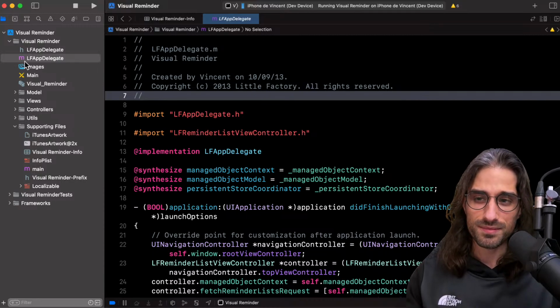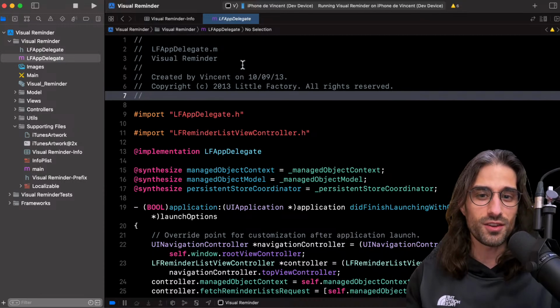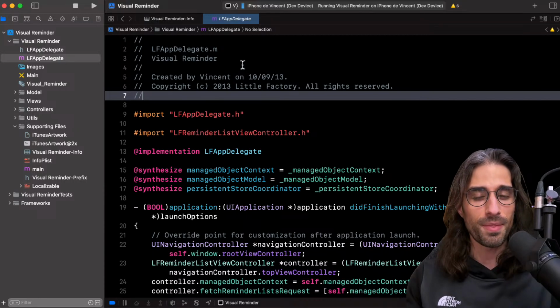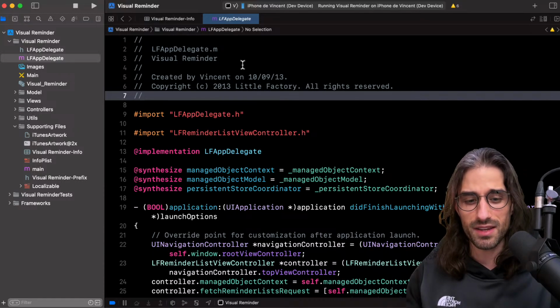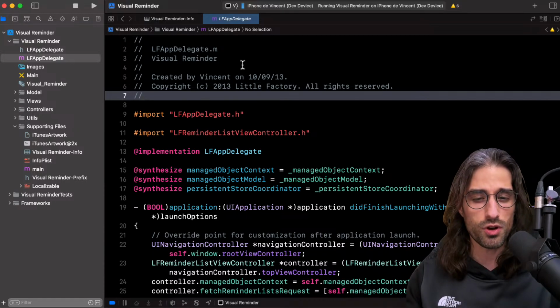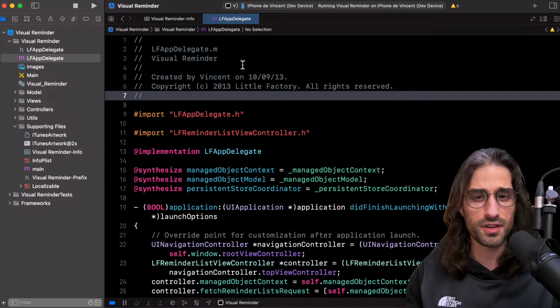And you can see LF is for that. We have the date. So I created this project on the 10th of September 2013, not August. I guess I bought the account in August, but September. So we are in the time between I have finished my internship at Worldline, but the classes for my last year of engineering school haven't yet started because they started at the end of September.